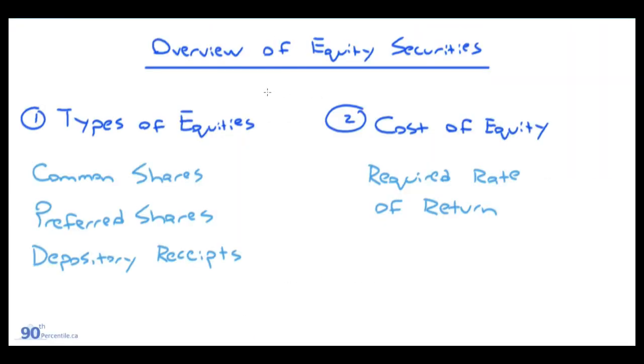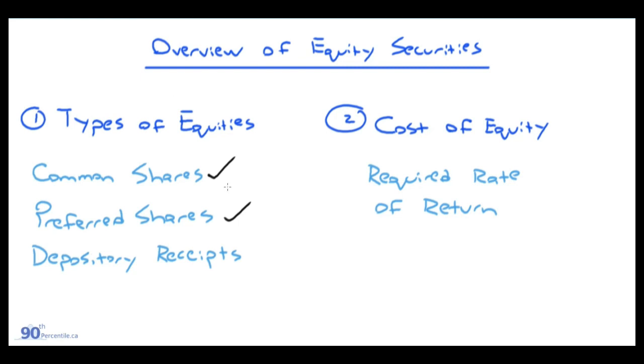Here we have a really quick overview of equity securities. This module, once again, is pretty qualitative. Nothing really to it, just some definitions. Key things we're talking about here: we're introduced to some different types of equities. The most common, which we're all familiar with, would be common shares, and we're going to discuss the difference between common shares and preferred shares, and some of the main differences that the module talks about